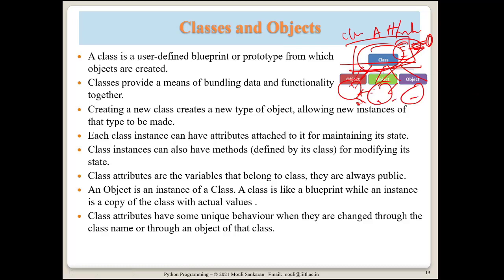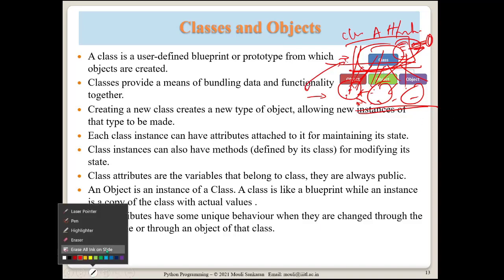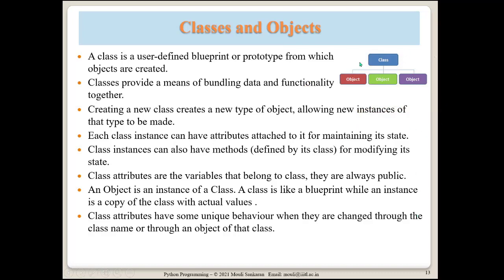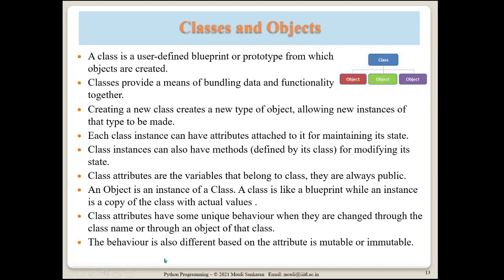When you create an object, it takes a copy of them. Later on, if you modify it at the object level, then the connectivity with the class attribute is gone, and it is maintained at the object level. But if you have not done that, then any change you make in the class will also be reflected. If you add any new attribute, that will be visible only to objects created after the class has been modified. There are some nuances which I will explain with the example rather than here. Even if you don't follow now, it's okay. We will see with the examples. So that's the plan for today.